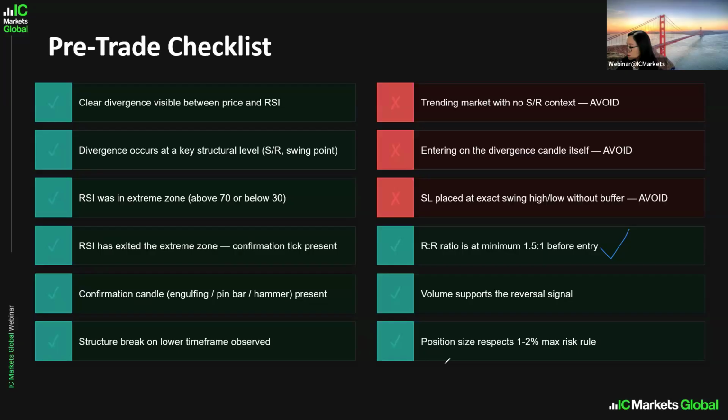Okay. Position size, respect the 1 to 2% max risk rule, which is risk per trade 1 to 2% on your account. Okay. If you trade a prop firm, nowadays a lot of the prop firms have the rule that risk per trade is 1%. Okay, if you take the evaluation stage, they don't have a risk per trade. You can trade freely, you can trade like kind of gambling whatsoever.